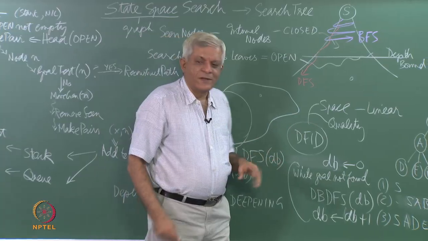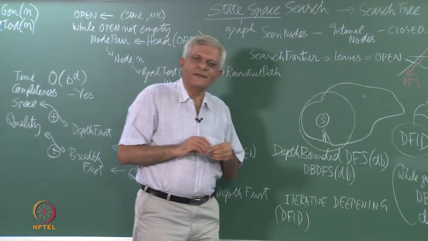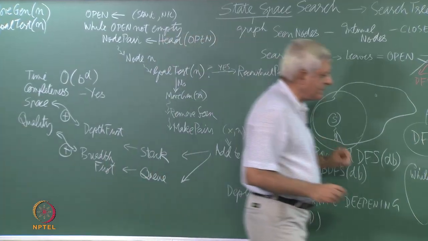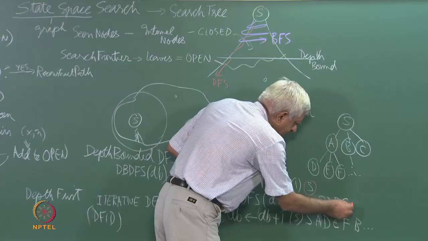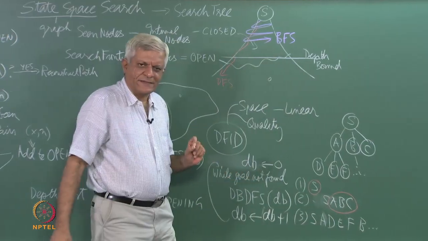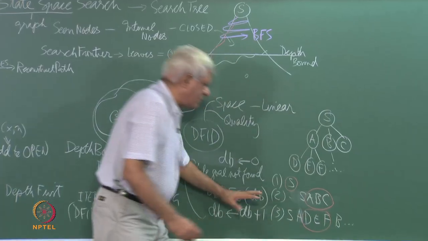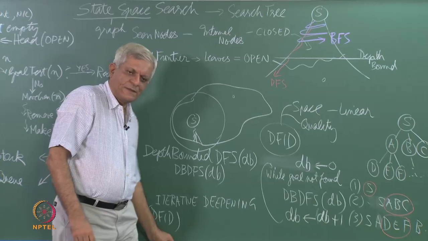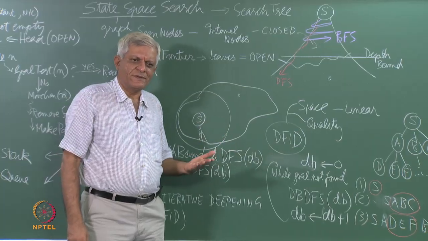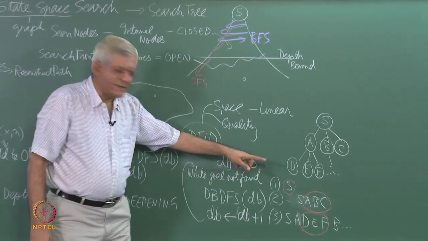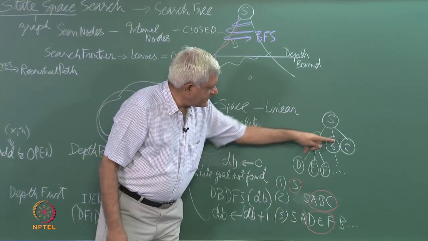Now, if you were to mark the order in which it first time visits a node, then you can see that S is visited in the first cycle, then A, B and C are visited in the second cycle, then D, E and F are visited in the third cycle, and so on and so forth. So, the order in which it is visiting new nodes, if you look at the order inside this red circle, you can see that S, A, B, C, D, E, F,